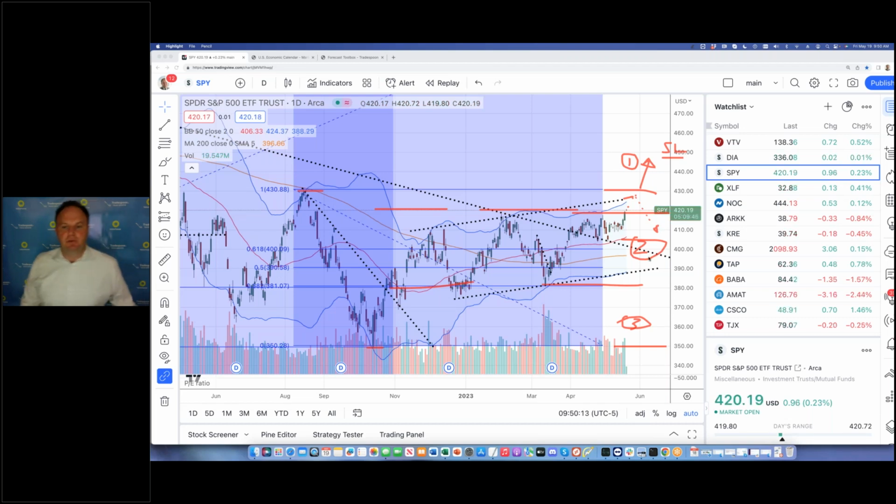Hard landing scenario number two: we still have recession just because there is an AI and ChatGPT. Will it help us avoid the recession? So scenario number two. We do this in the live trading room every day. I encourage you to always do this scenario analysis. If you're a value investor and you think scenario one, then yes, you should definitely buy. You don't want to miss the boat of artificial intelligence. But if you think two and you're a value investor, well, you're probably going to get a better entry point.